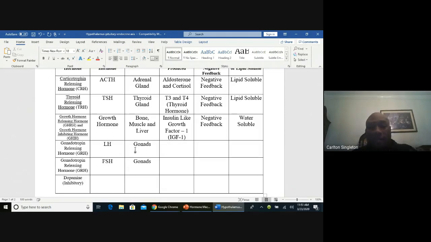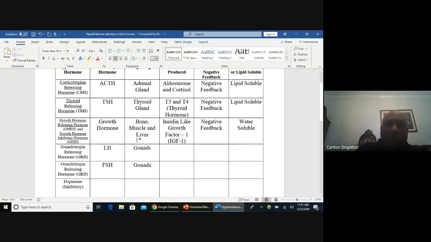But they have different effects. So when we release GnRH from the hypothalamus, we're going to stimulate the release of LH and FSH. So GnRH stimulates the release of two hormones, LH and FSH. Both of these are going to act on the gonads. What LH does, LH produces